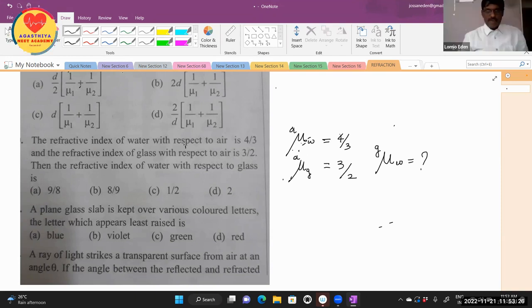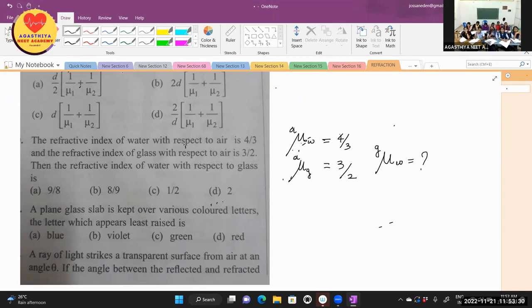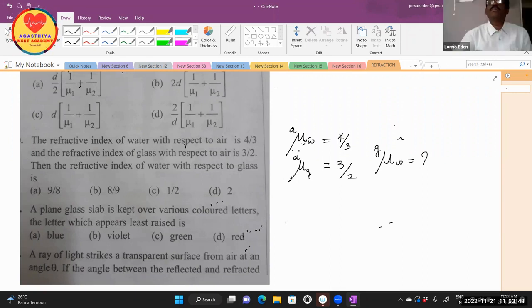Okay. Option D, sir. Option D. D, 2. No. See how to reach this value. Refractive index of water with respect to air, product with refractive index of